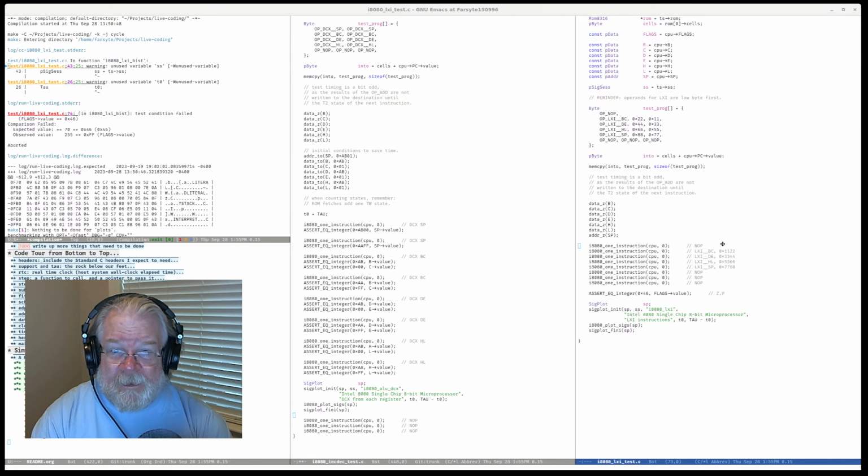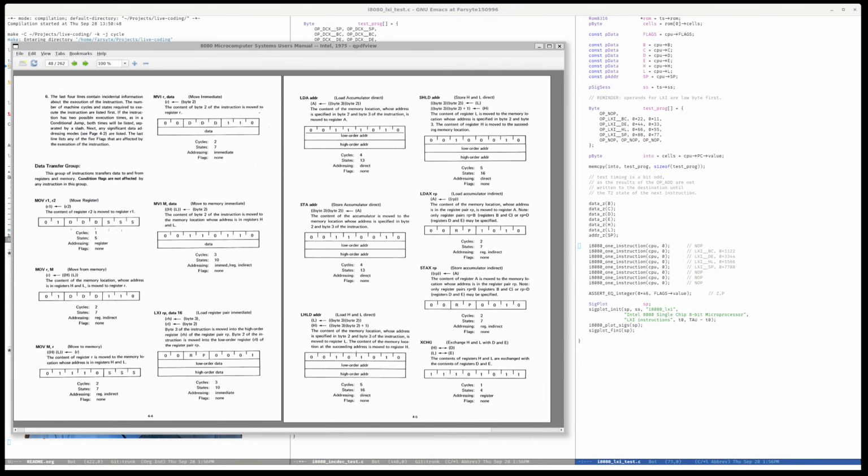There was a time when I had a very strong intuitive understanding of the order in which Intel displayed their stuff. Okay, so LXI, oh, that's INX. There we go. So LXI, turn this on, down here in the corner: load register pair immediate, byte 3 is moved into the high order register and byte 2 is in the low order.